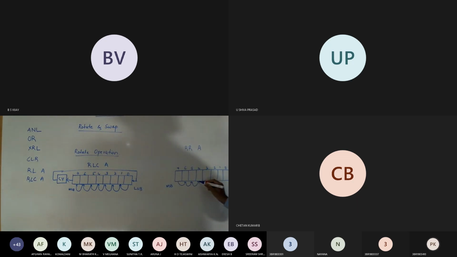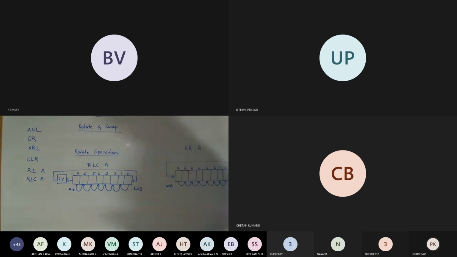The 7th bit position will be moved to 6, 6 to 5, 5 to 4, and so on, from first position to the 0th, and from the 0th position to the 7th bit. The content of 0th position will be moved to 7th bit position. So this is rotate right,